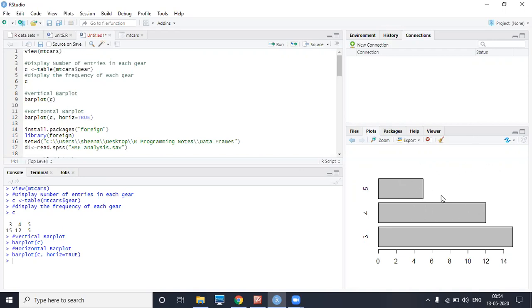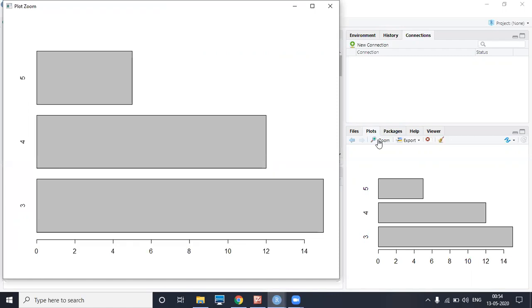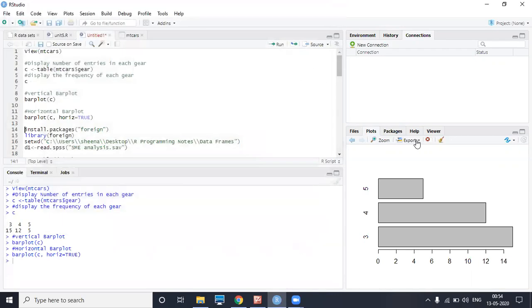So here in the fourth block, this chart can be zoomed. You can see a zoom of this chart. If you want to export this chart and save it as a PDF, you can. Here there is an option Export: save as image, save as PDF, copy to clipboard. So once the chart is generated, you can use this chart anywhere, in your PowerPoint presentation, Word, wherever you wish. And now we will see further examples.